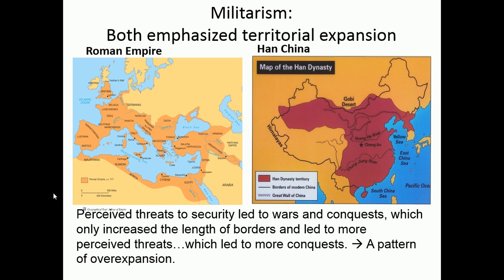Okay, just like all empires, the Roman and the Han empires both focus on expanding their territory. For much of their history, they were threatened by pastoralists that lived outside of their borders, or in the case of Rome, by nearby civilizations. As you can see on the map, Rome is quite near to a lot of old centers of civilization. Over here is Mesopotamia, which had been part of the Persian Empire and then Alexander the Great's empire.